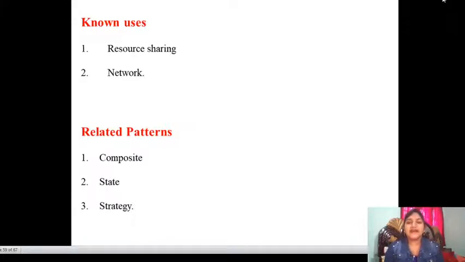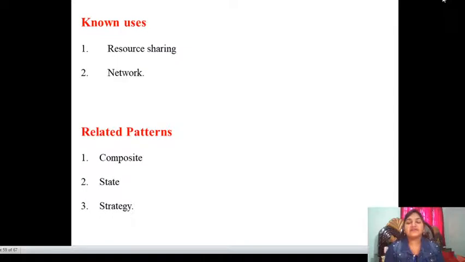Next, coming to the related patterns. Three related patterns are composite, state, and strategy. Why? Because composite defines the hierarchical structure: rows, columns, main class, main columns, rows. Again from those rows, characters and objects will be defined. So this is the hierarchical or tree structure. In that case, the composite pattern supports the flyweight pattern.